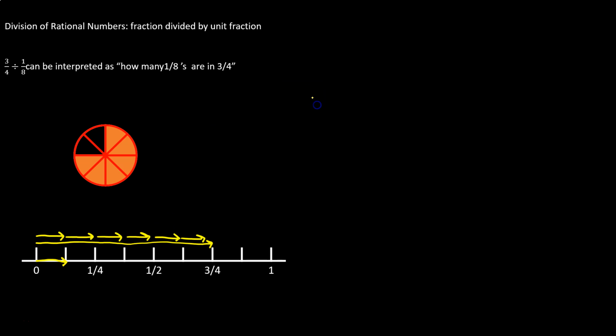Now if we compare this to the fractions that are written out, 3/4 divided by 1/8, we might think to ourselves, is there a pattern here like how the multiplication worked? Well, if I tried to divide across the top, 3 divided by 1, I would get a numerator of 3. 4 divided by 8, that would actually give me a fraction. If I took the number 4 and I cut it into 8 pieces,